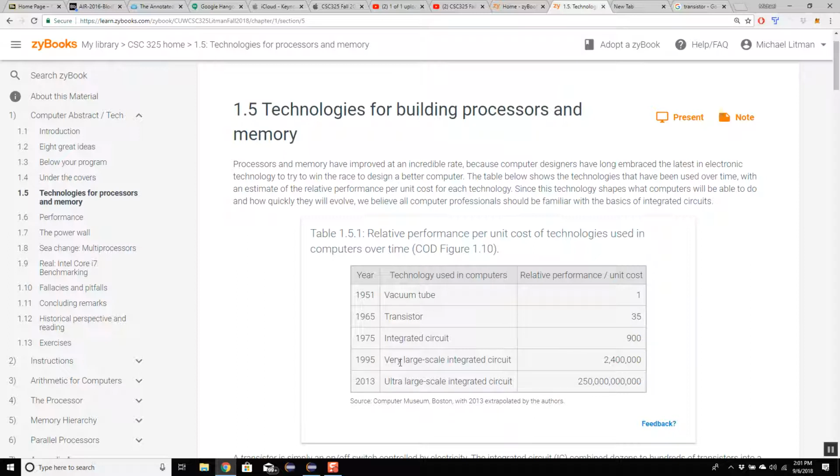Now we have this thing, VLSI, very large scale integration. So now we've gotten better. Notice this is 1975 is when we had the original integrated circuits. 1995 is when we made the jump to large scale integrated circuits. Now, I'm not saying go back all the way to 1975, but I've referenced a couple of computers in here from the